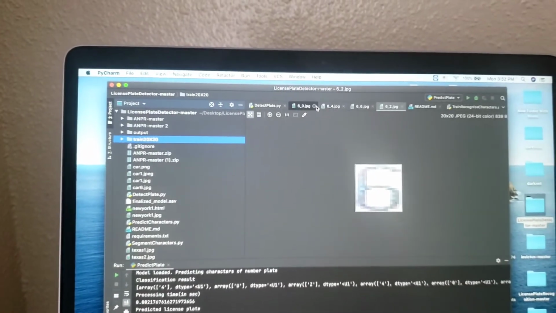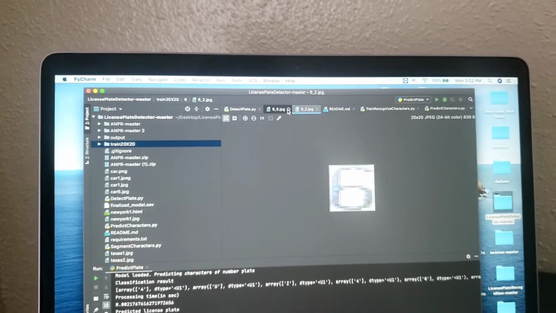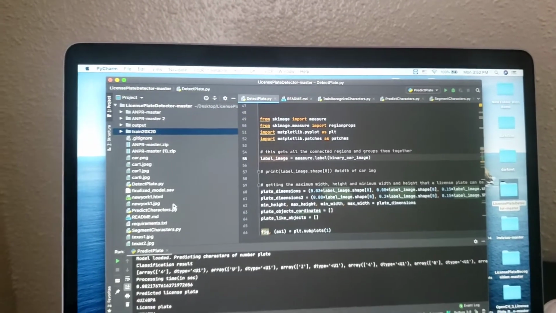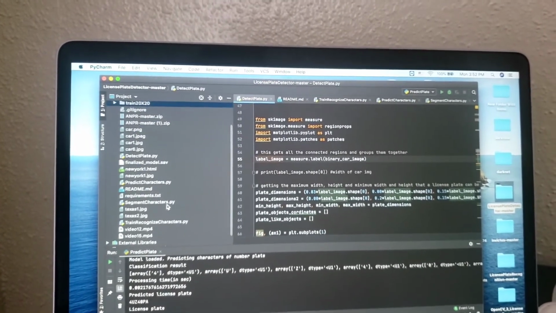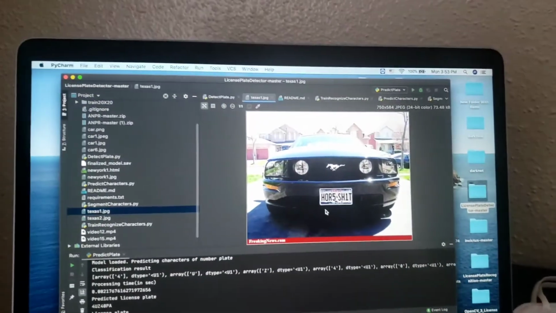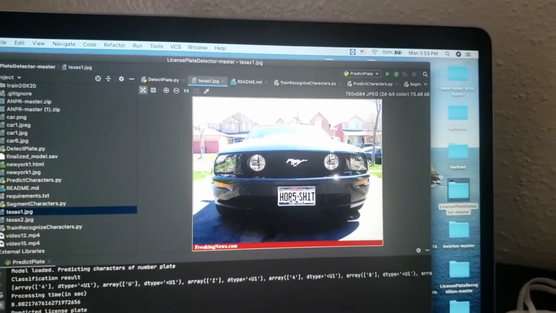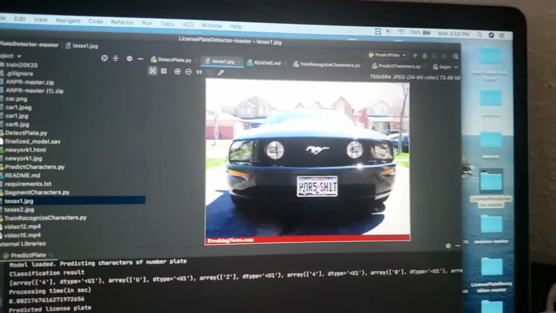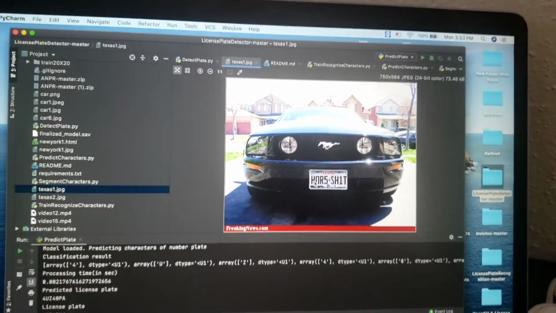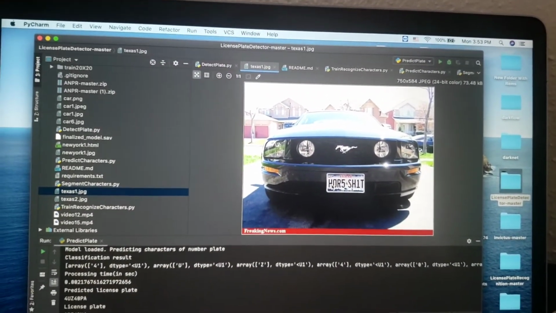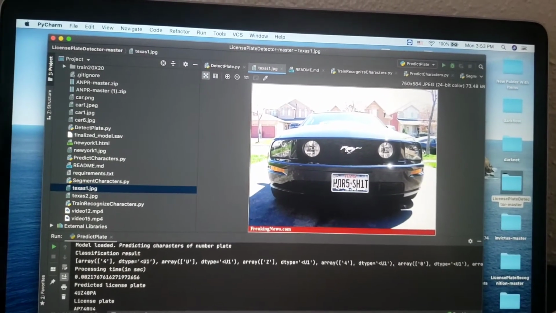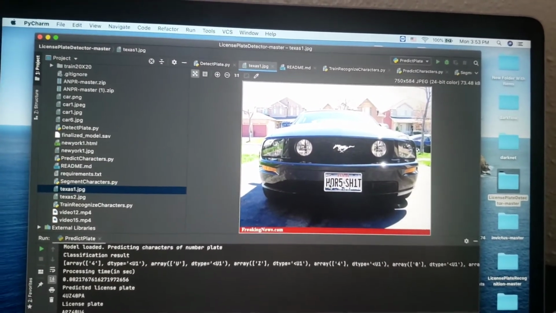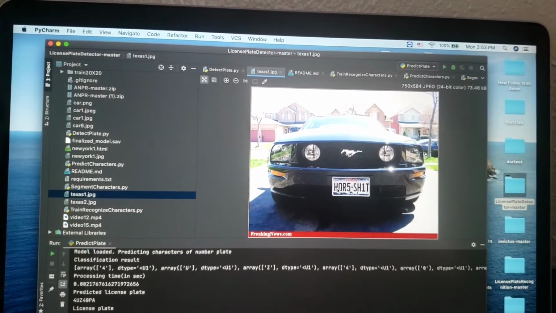So what will be the steps? Our first step is, let's say, we have a car. We need to detect the number plate.